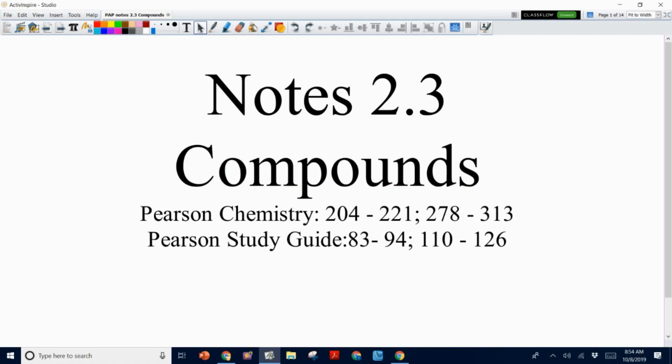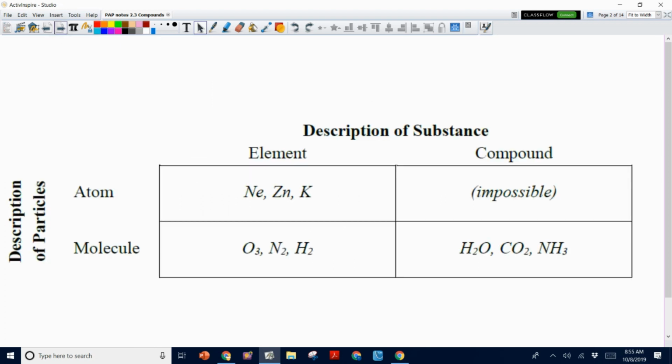This is notes 2.3, compounds, for Pre-AP Chemistry. In your Pearson textbook, this is going to be pages 204 to 221, and also 278 through 313. And then in your study guide, it's going to be 83 through 94, and then 110 through 126. So this covers a lot of information. We're going to start talking about compounds, putting ions and elements together to form a compound, and also how to